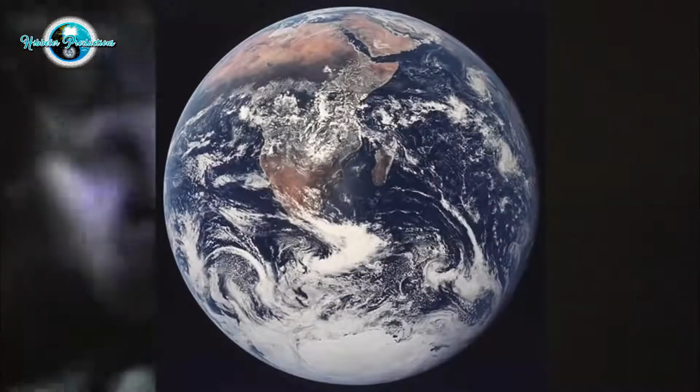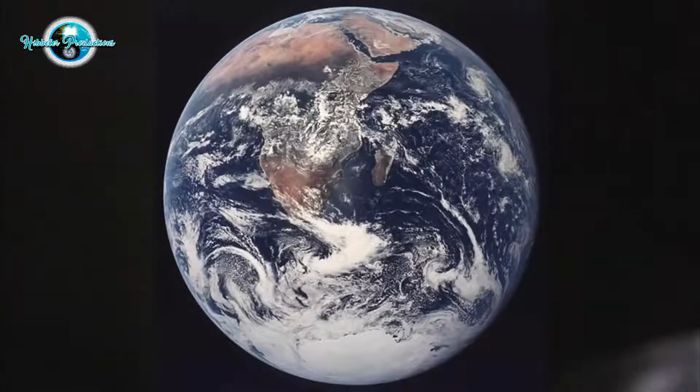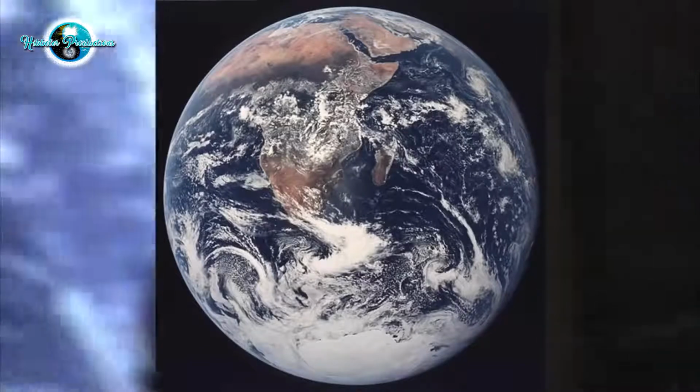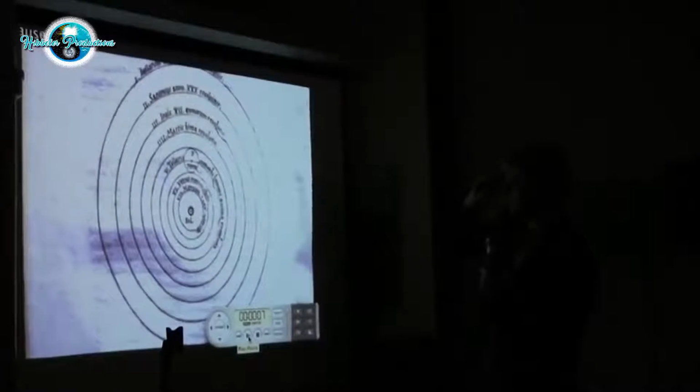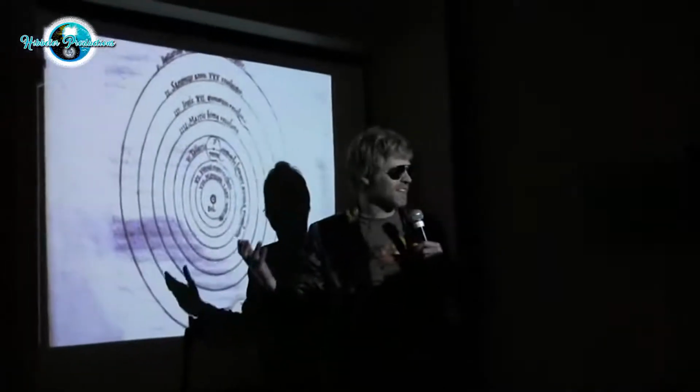Here's the picture of the Earth from space. There it is. Since you were a kid, you've seen this image. But you've never seen it from that point of view. You've never seen that with your eyes from that scale of a model, from outside of the planet's surface. Well, here's the first image that sold the whole thing.